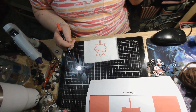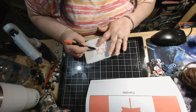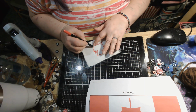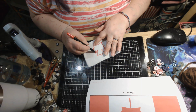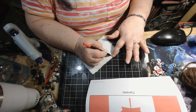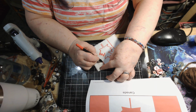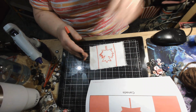I'm not sure, but I think Canada's going to have to change their flag to do it just like mine. Let's see if I can fix it a little bit. I think that's good. Close enough, I'm telling you. And then the two sides are red. So the maple leaf is red and the two sides are...